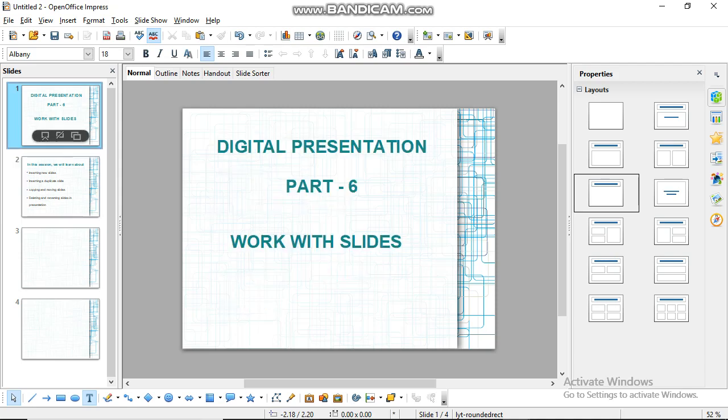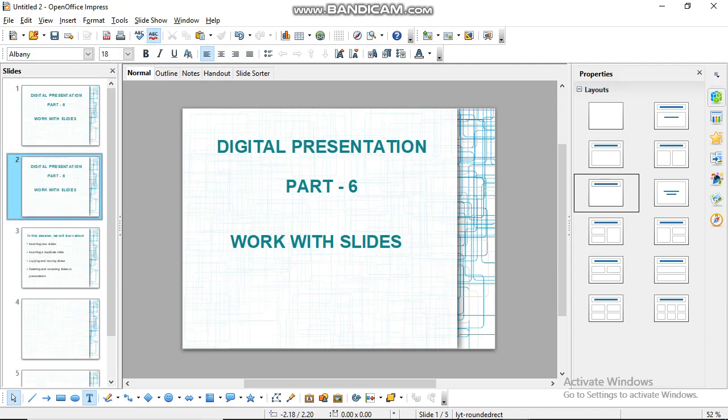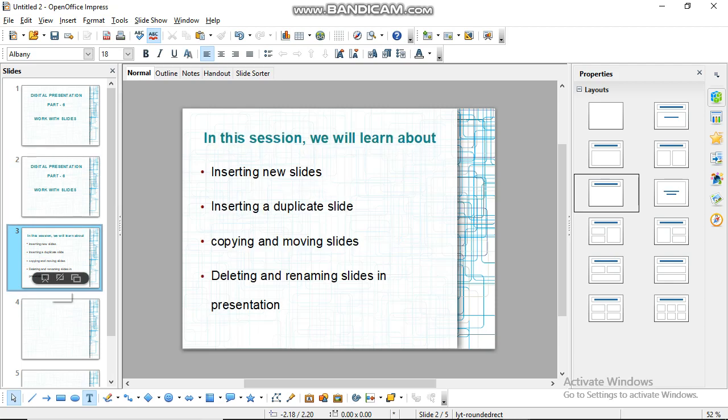Suppose I want a duplicate slide of slide 1. So I have first selected it and then I go to insert and then I am clicking on duplicate slide. So you can see there are two slides which are exactly the same. Therefore slide 2 is a duplicate of slide 1. So in order to create a duplicate slide, first we need to select it.